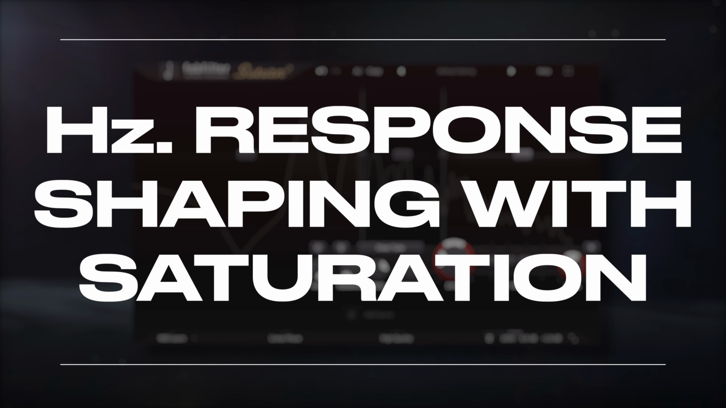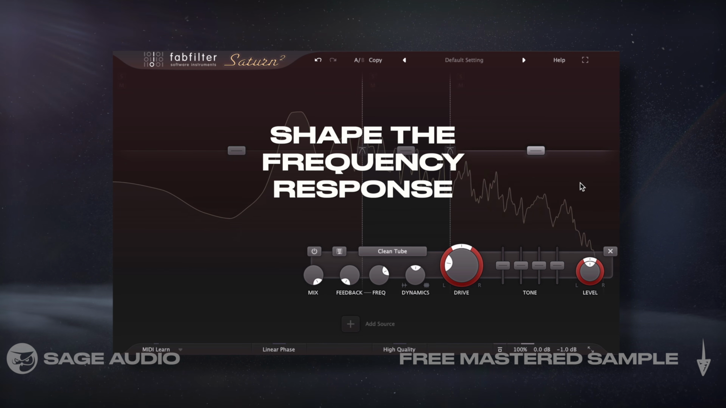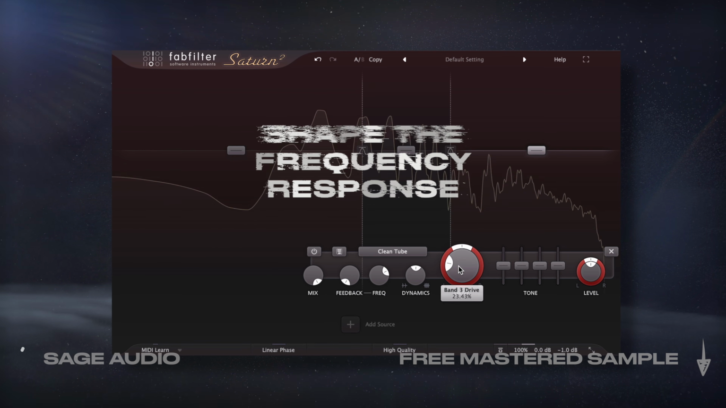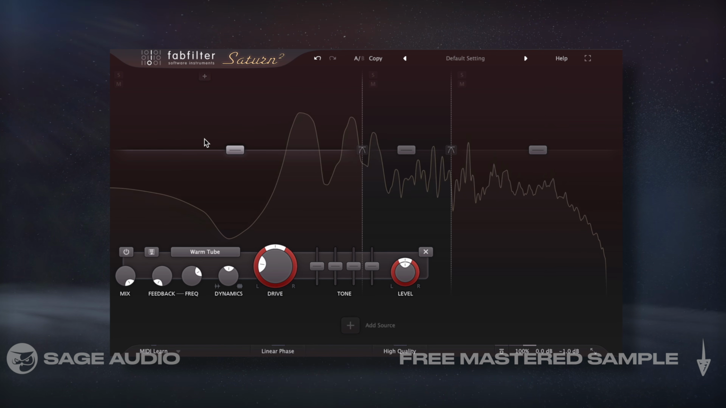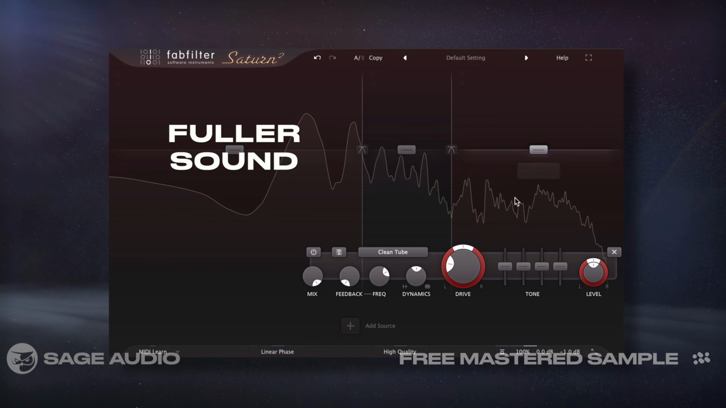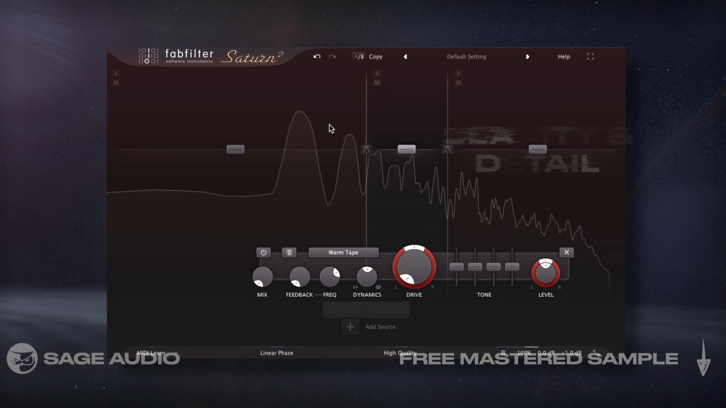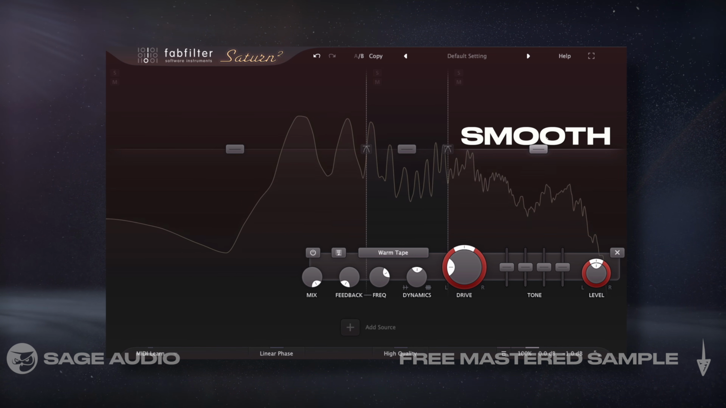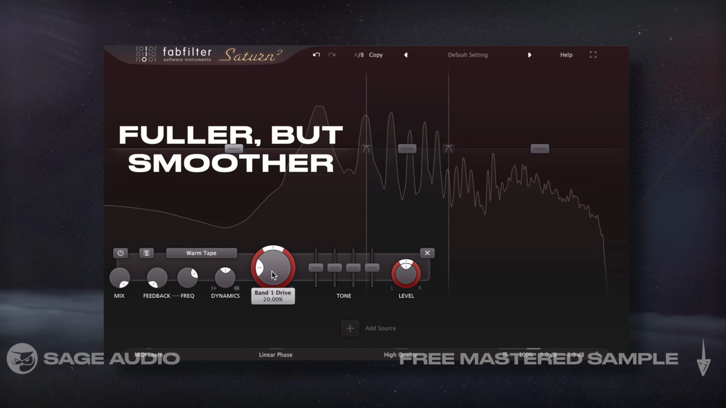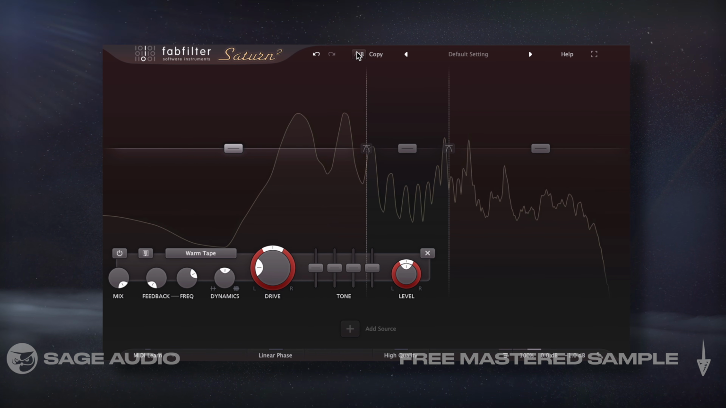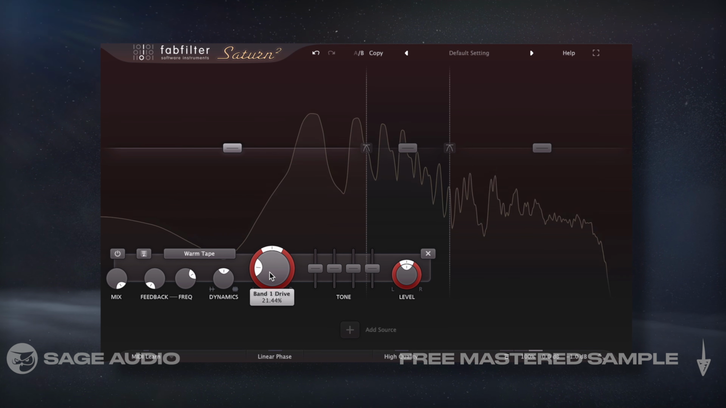Frequency response shaping with saturation. If we use a multiband saturator, we can shape the frequency response of the vocal. For example, I could use warm tube saturation on the low frequencies to create a fuller sound, but clean tube on the highs to cause clarity and enhance the detail. Alternatively, I could use tape saturation to smooth out the high frequencies or make the lows sound fuller but smoother when compared to tube saturation. Let's take a listen to these different settings, but using the same amount of saturation, and notice how the vocal's